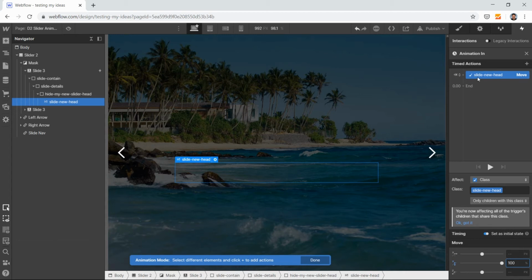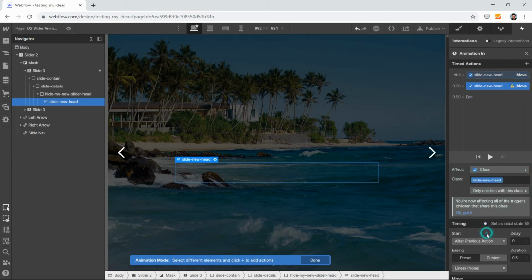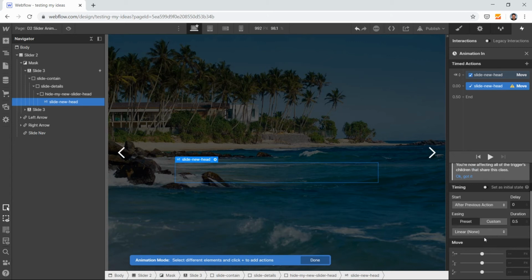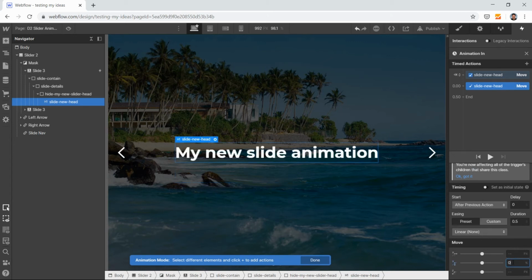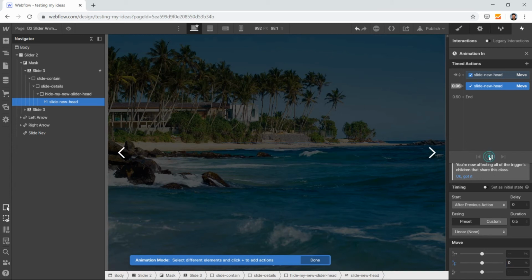So whenever I load my new slides, it will be hidden initially. Now to show it, just click on the move again, remove this set initial property and set it to 0% so that it comes in. See the animation?